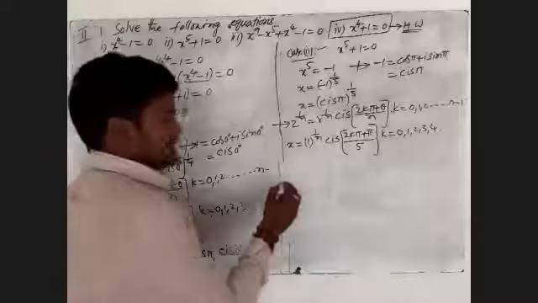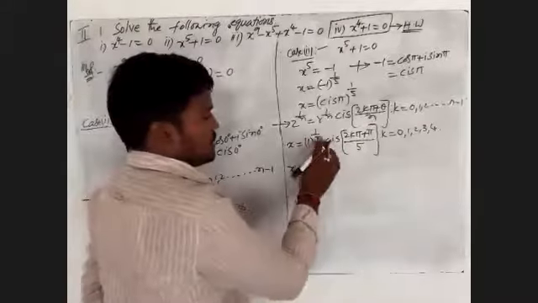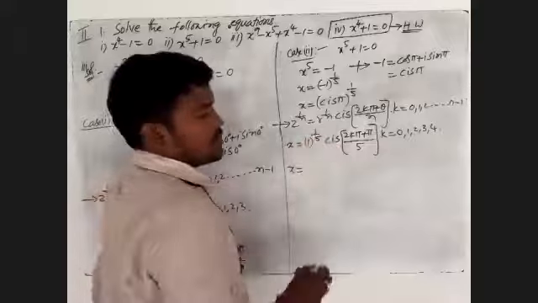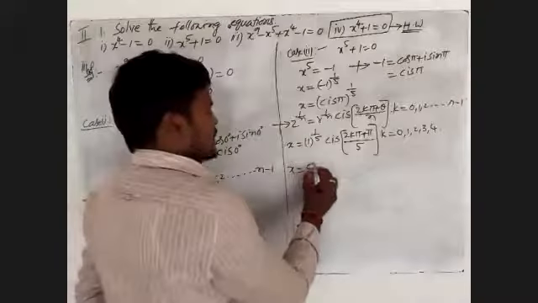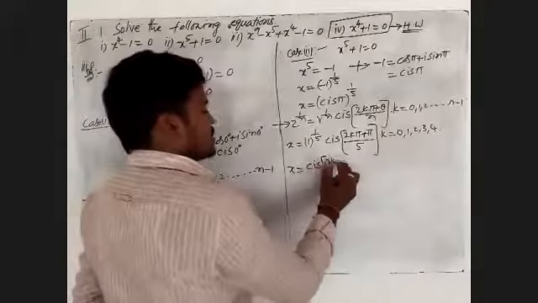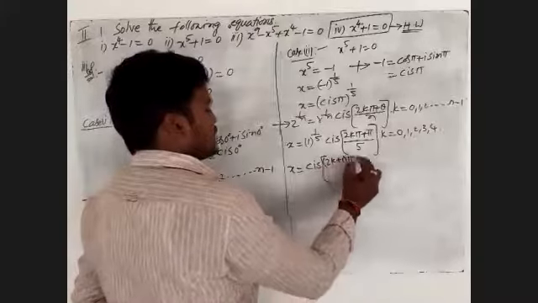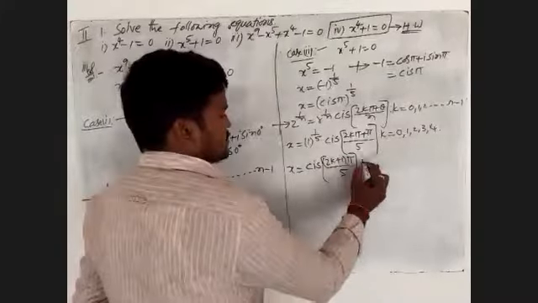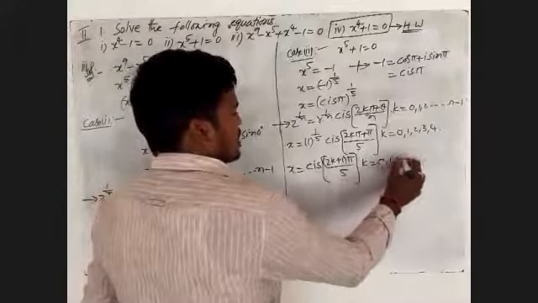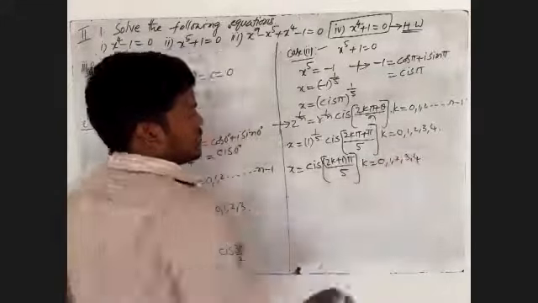What we have to write in this one, x is equal to 1 power 1 by 5, where n is nothing but 5, and 1 power 1 by 5 is 1. Remaining we have to write cis of (2k plus 1) into π by 5, where k is 0, 1, 2, 3, 4.